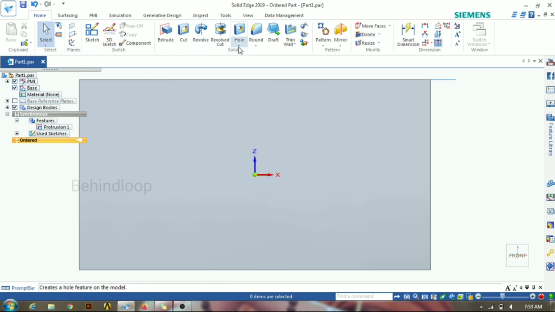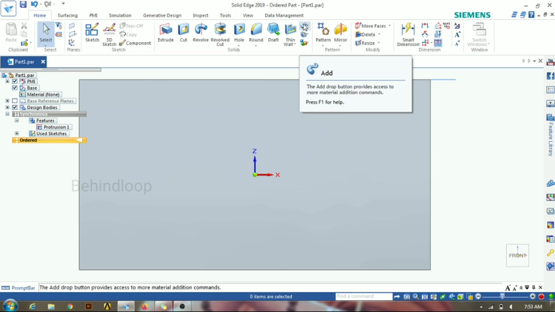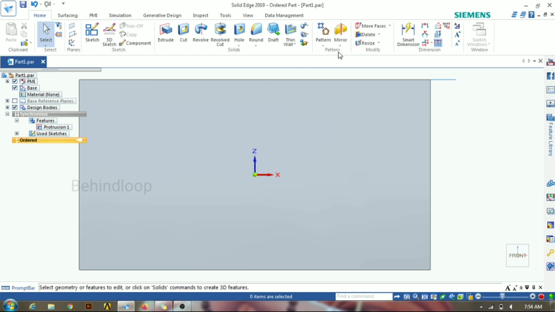Here there are solids. This is the most interesting feature, where you get to convert the 2D entity to 3D using extrude, cut, revolve, cut. This is pattern, to create a pattern or mirror the 3D model.